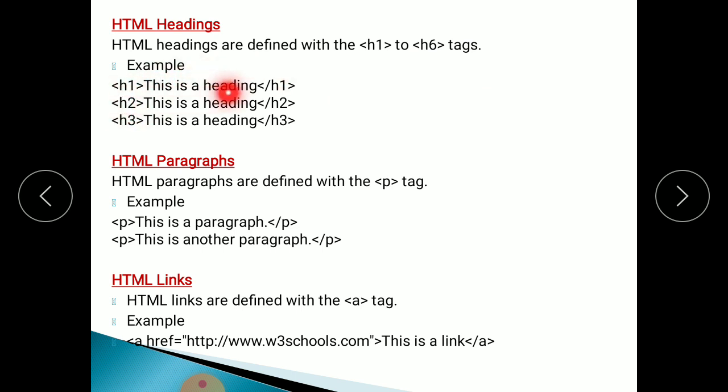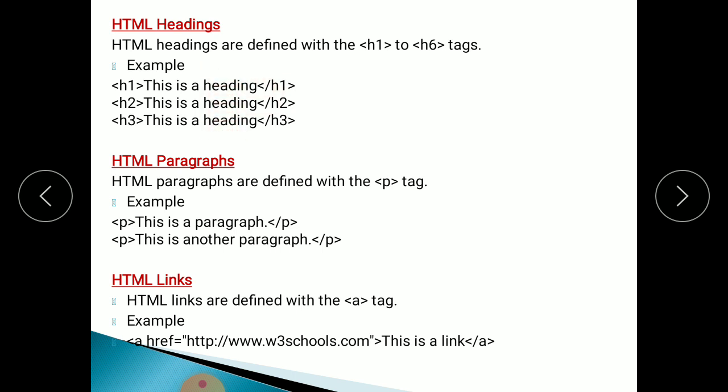This is a first heading, then the closing of H1, then H2, this is a second heading, then this is a third heading. This is called an opening tag and this is called a closing tag, at the end using the /. Always these headings come in bold format, meaning whatever heading you have written always comes in bold, in dark color.